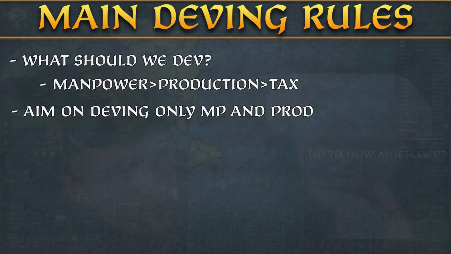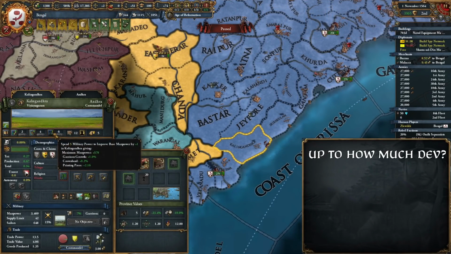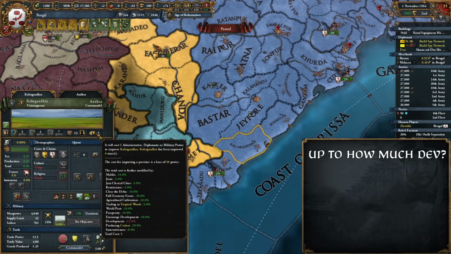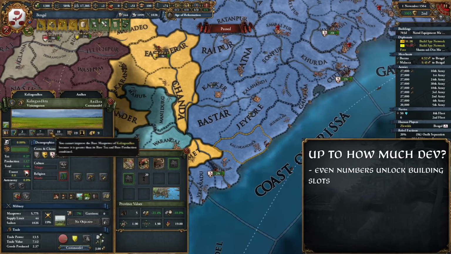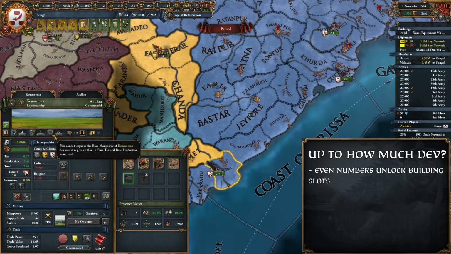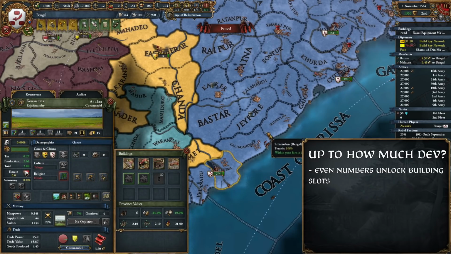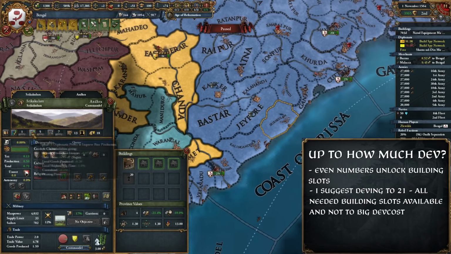in our provinces. So now that we know what to dev, the question is up to how much development you should dev. You might think that you could dev everything to 10 to unlock the building slot and to chip without the minuses to the dev cost. That's one way, but personally I'm usually deving it to 21, because 21 is not only unlocking you 4 building